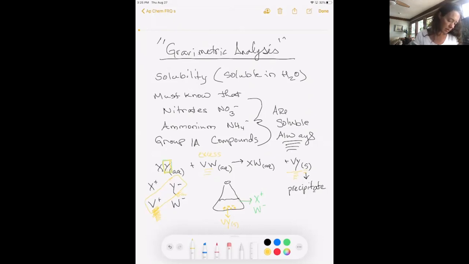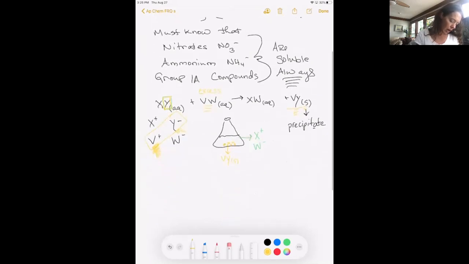We could then filter this solution, this one right here, right? This solution right here would get filtered. We would then rinse the solution. Why are we going to rinse these? Oops, it's not a solution anymore. We would then rinse the precipitate